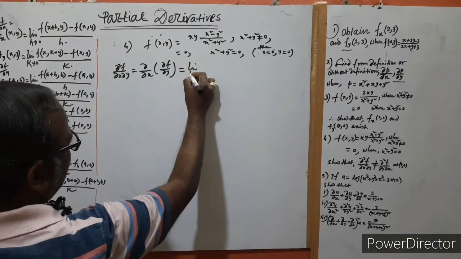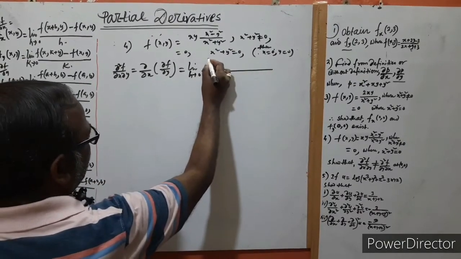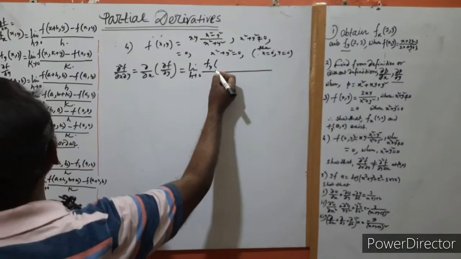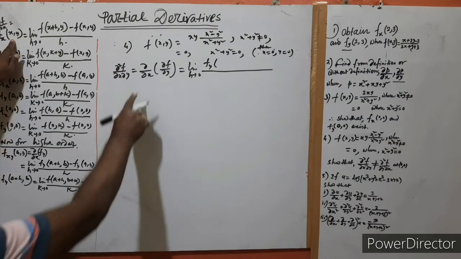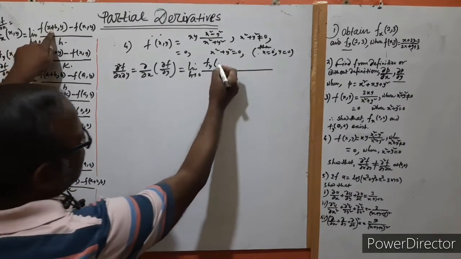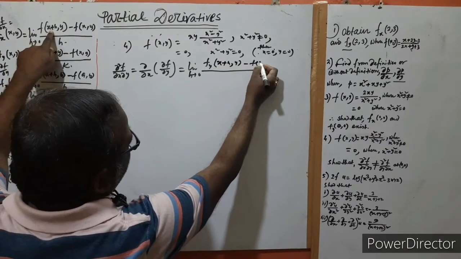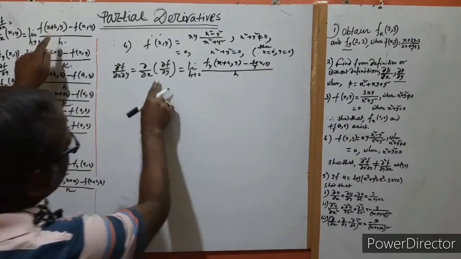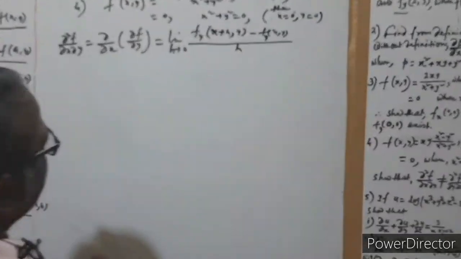So here h tends to 0. So f suffix y at (0, 0), in case of with respect to x, is limit h tends to 0, f of (x plus h, y) minus f of (x, y) by h, and this is with respect to y. This is the partial derivative with respect to y, so that's why the notation is f suffix y. Now